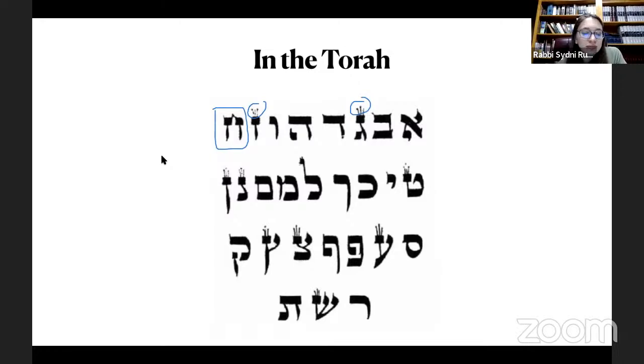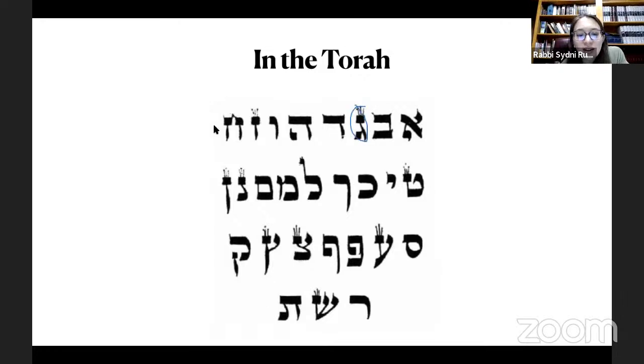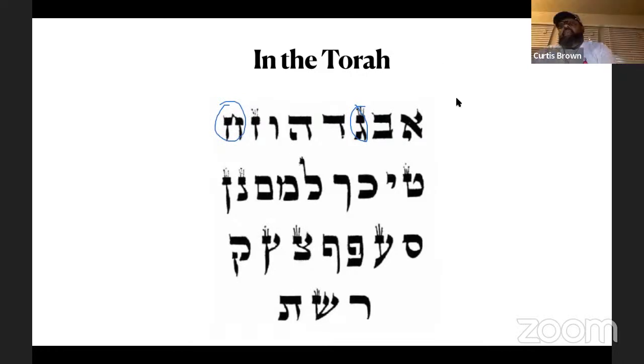So I would love for each of you to identify a letter. Dr. Aber just identified a letter. Dr. Strain, do you see a letter in there that you can identify? I'm questioning whether the third one from the right on the first line is a gimel. Fantastic. And the nice thing is that this is all in alphabetical order, so if you know your alphabet, you're safe. So Curtis, how about you? What's a letter that you can identify? Okay, in the second row, 1, 2, 3, 4 from the left would be a mem. Great. That's a mem.